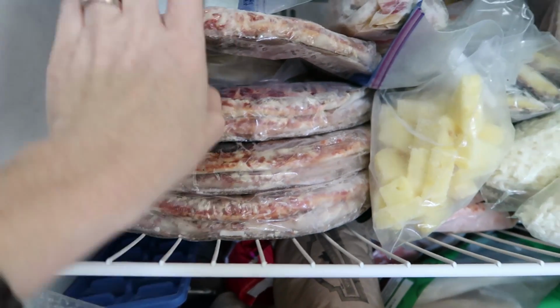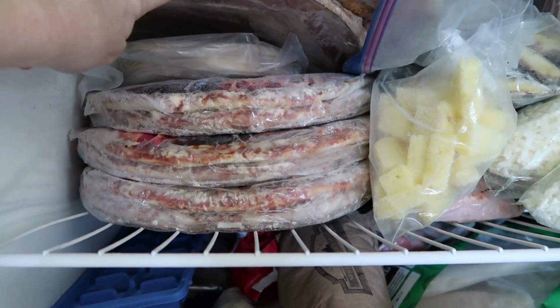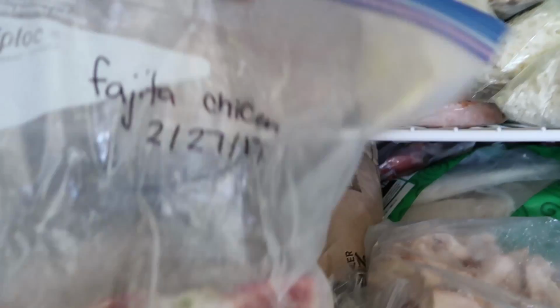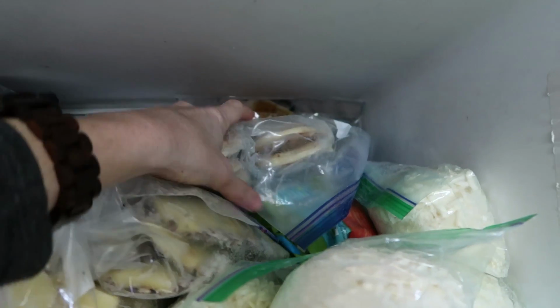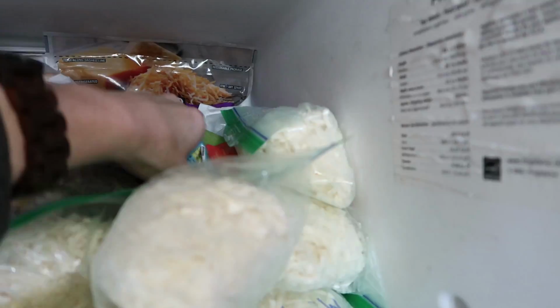Few little taquitos left. I got these on clearance because they're about to hit their sell-by date, so I got them and then stuck them straight in the freezer. Some more tortillas. I made some fajita chicken this month, but we didn't eat all of it, so I froze it, and we can use that for a recipe. Some frozen waffles, frozen leftover pancakes, some shredded cheese,